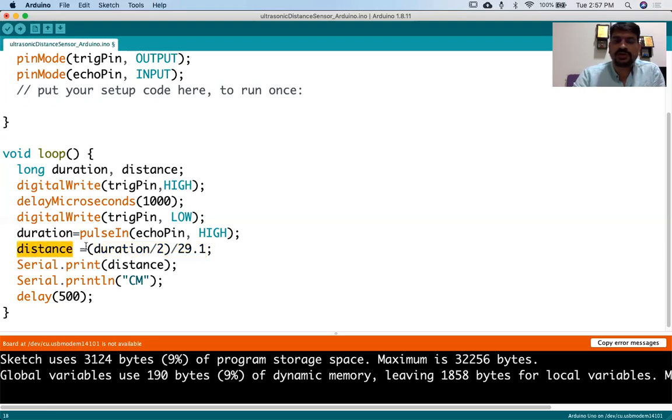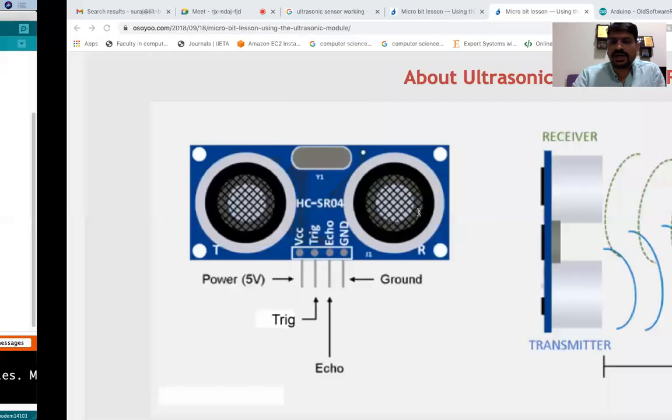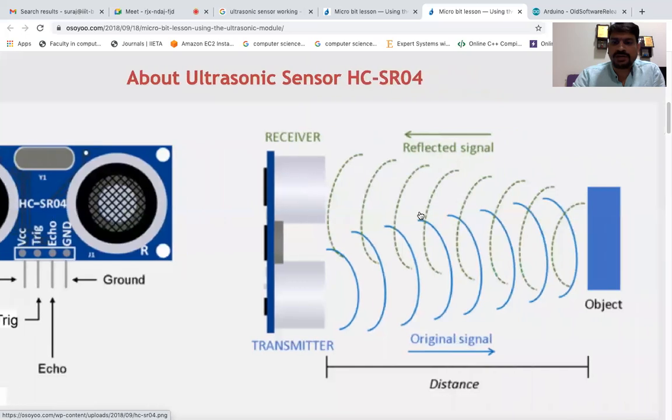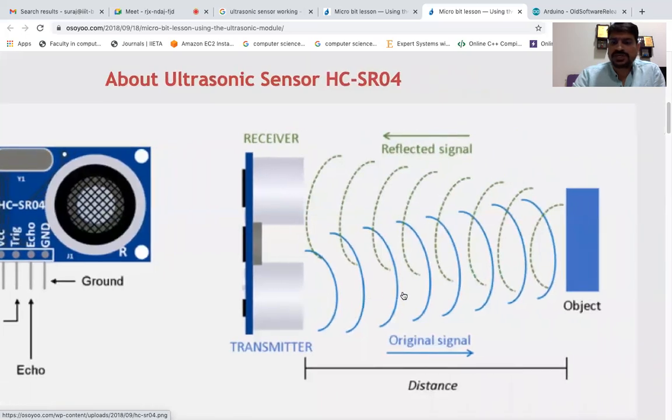As I told you, this particular ultrasonic sensor works on a special phenomenon in which the transmitter transmits the wave toward the object. The reflected signal is received by the receiver. The echo pin is receiving, and the trigger pin is transmitting.